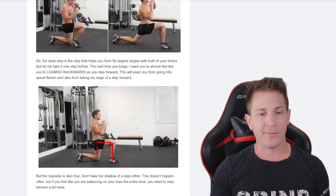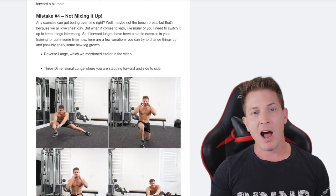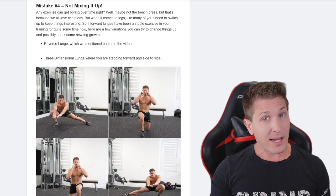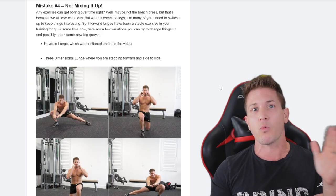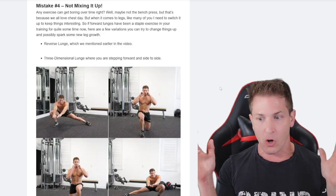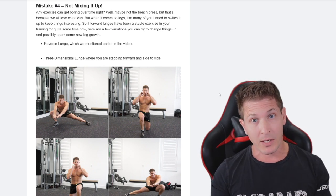So the fourth and final mistake now. Mistake number 4, and I mentioned this earlier, is not mixing it up, right? It gets boring doing the same exercise all the time. Also, again, an exercise like a lunge can be done in different ways to target different muscle groups. So if I go to the leg extension machine, of course, I'm going to be only hammering my quads on that machine, right? With a dumbbell lunge, I can use the form I just showed you to really hammer my quads,